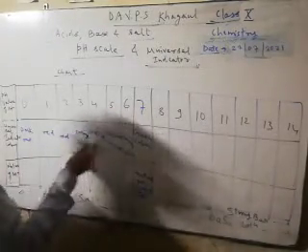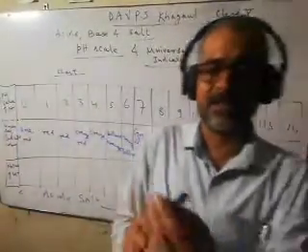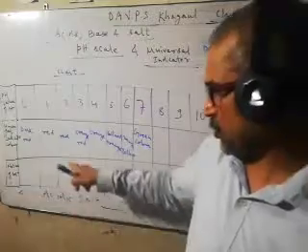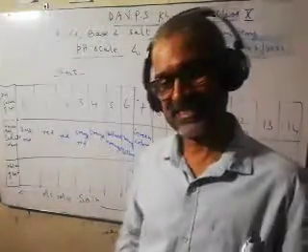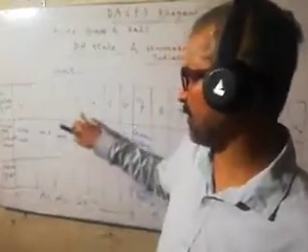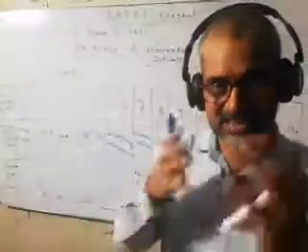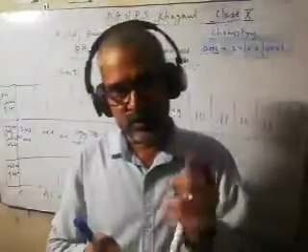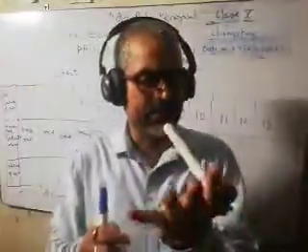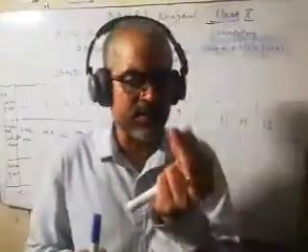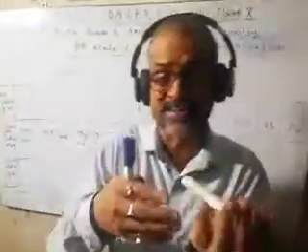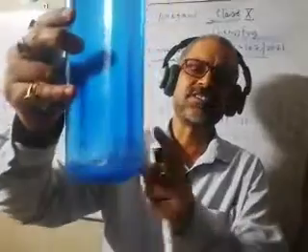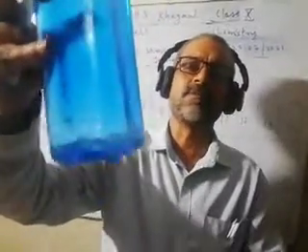So greenish yellow for 6, yellowish orange for 5, 4 it is orange. So that means if universal indicator paper color change shows orange red, then the corresponding pH value is 3. That makes sense. So from universal indicator paper, how can we determine the pH value of any solution? If I am giving you any solution and asking you to determine its pH value, there is a method.